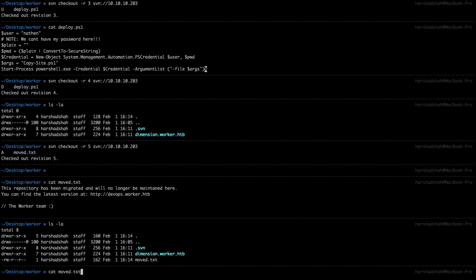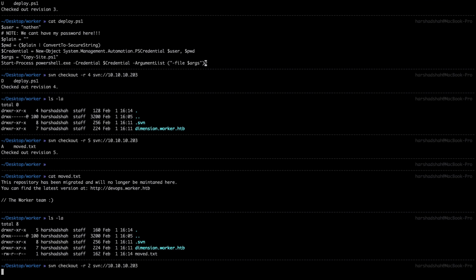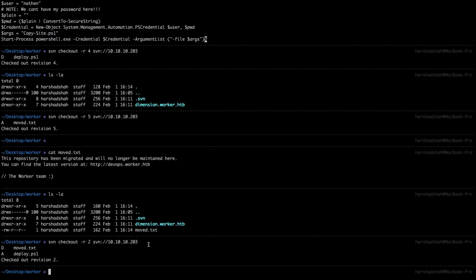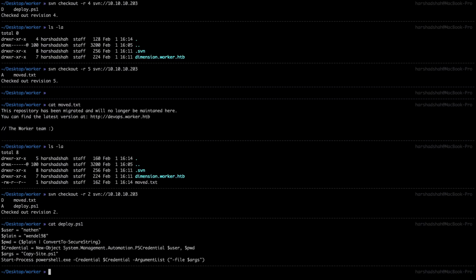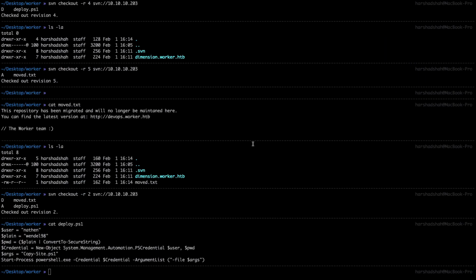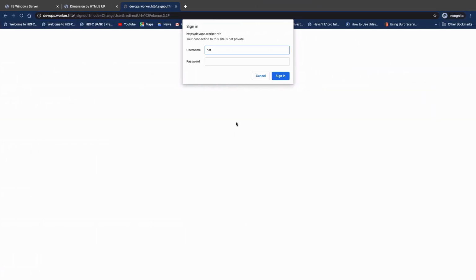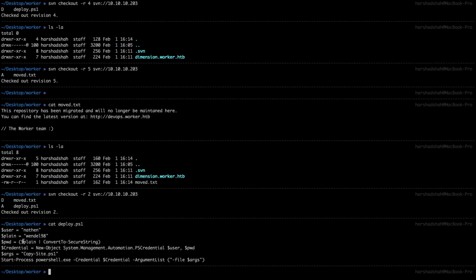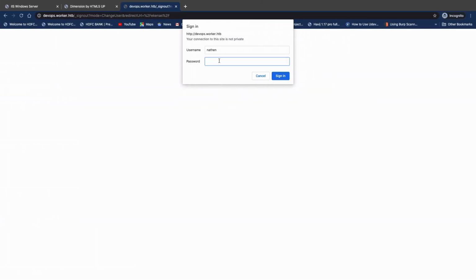So what I can do here is try with revision number 2. In revision number 2, we identify one file, a PowerShell file called deploy.ps1, and I'll use cat deploy.ps1, and I need to enter this Nathan. So I'll enter the password, NAT, and T is better; you can copy paste to save time. And the password you can see is one Wendell98. Let me enter the password.